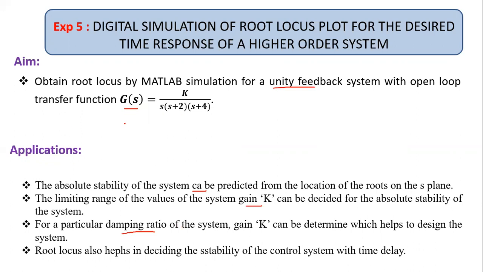So coming to the main theme of the experiment, here we are using a root locus to identify the stability of the system. The given open loop system is G(s) = K / (s(s+2)(s+4)). So this is the transfer function. For this transfer function, now we need to implement the root locus. First, theoretically, we will check how the K value and the stability of the system will come, and then we will try it in MATLAB.